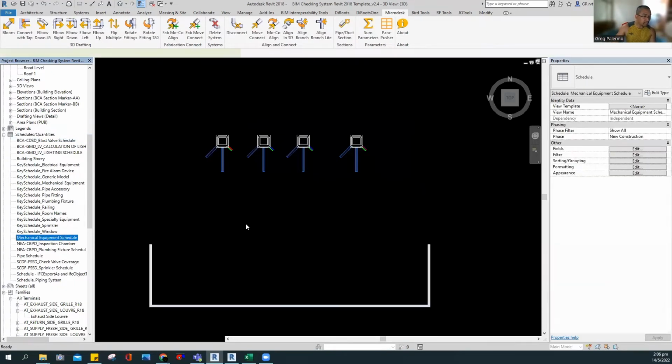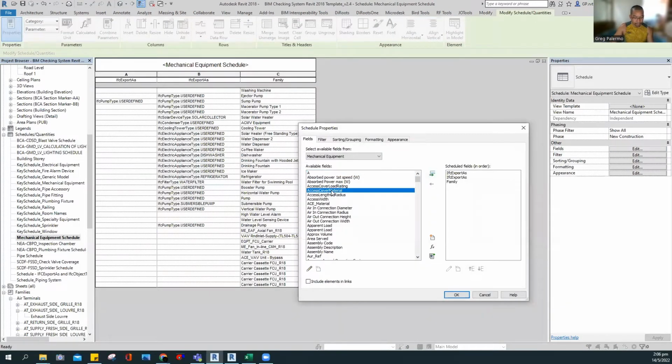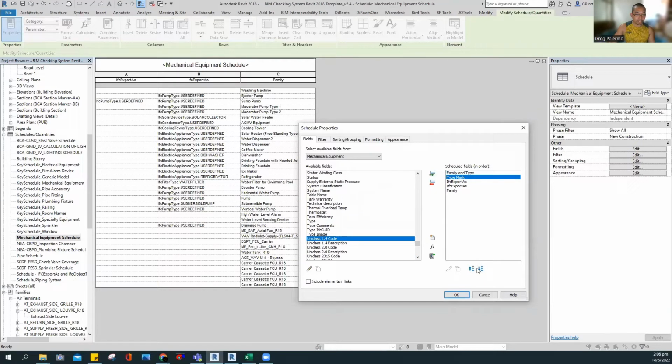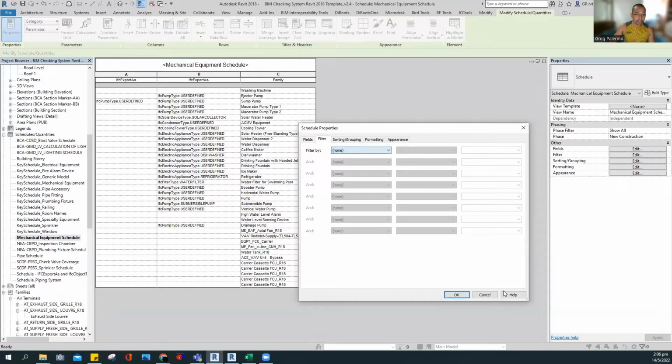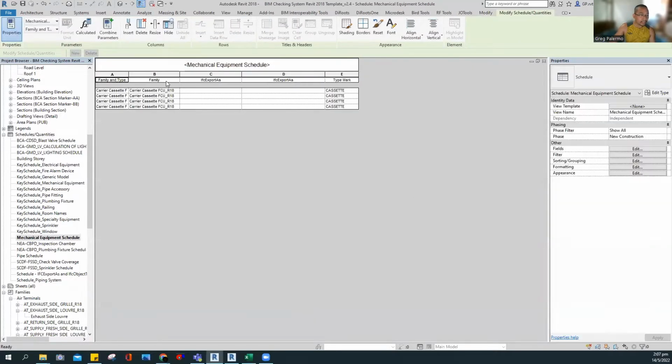Actually, we have already mechanical equipment schedule here. So field: type, family, and type. Okay, family and type, and then type mark. Then filter, okay. Type mark equals cassette. Okay, here's our